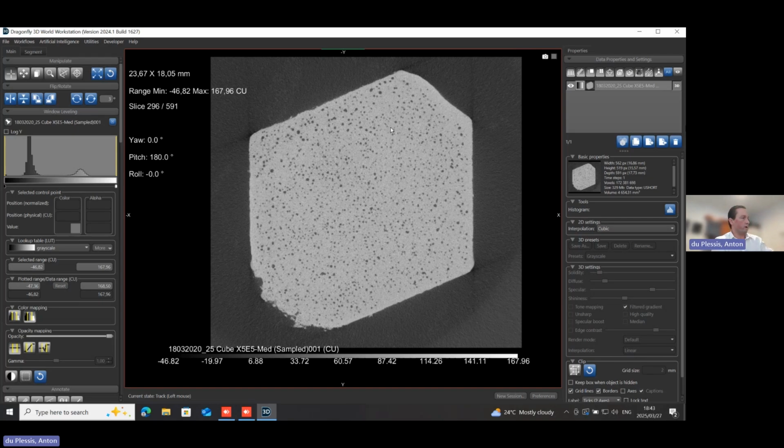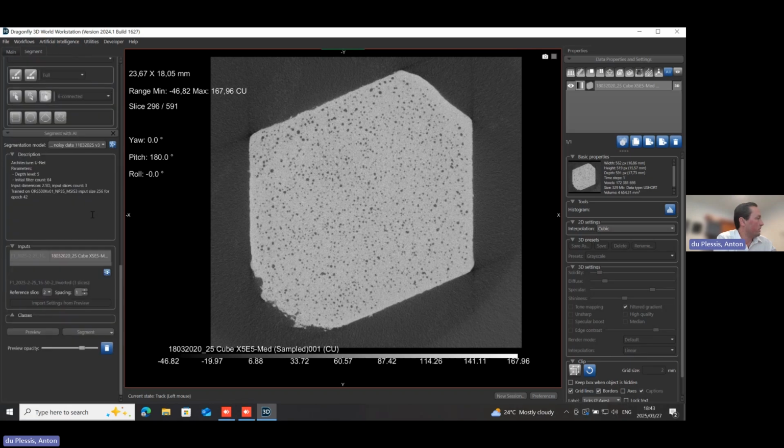So what I want to show you here is the fact that we have, for this kind of sample, an AI segmentation. Let me first of all say, if we want to use this, in the segment panel, right at the bottom is the segment with AI panel. If this is not visible in your case, you can click on artificial intelligence and segment with AI, and this would activate it. In my case, I've already got many models. In your case, if you start out with Dragonfly, you won't have any models in this drop-down box, but you can use a ready-to-use model which has already been trained for additively manufactured porosity. And this is what I want to demonstrate.